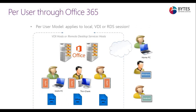With Office 365, because it's licensed on a per-user basis, just individual users need to have a license. So this massively reduces the cost when you've got users using multiple devices to use Office. This is also a benefit for Visio and Project. So if you've got Visio and Project